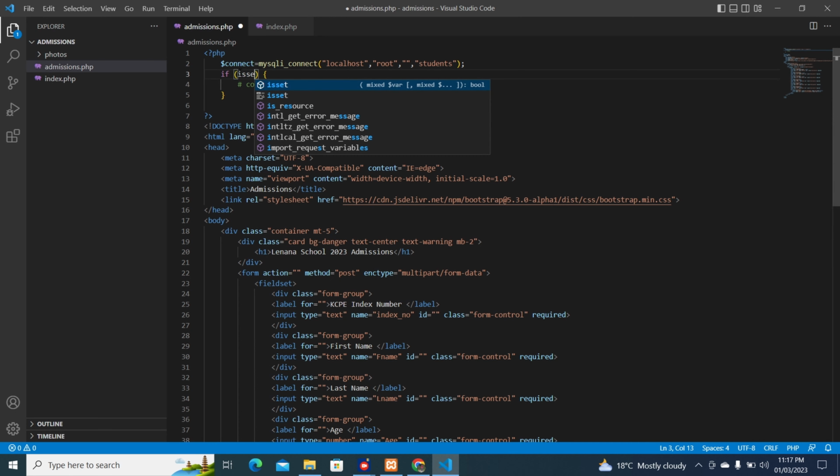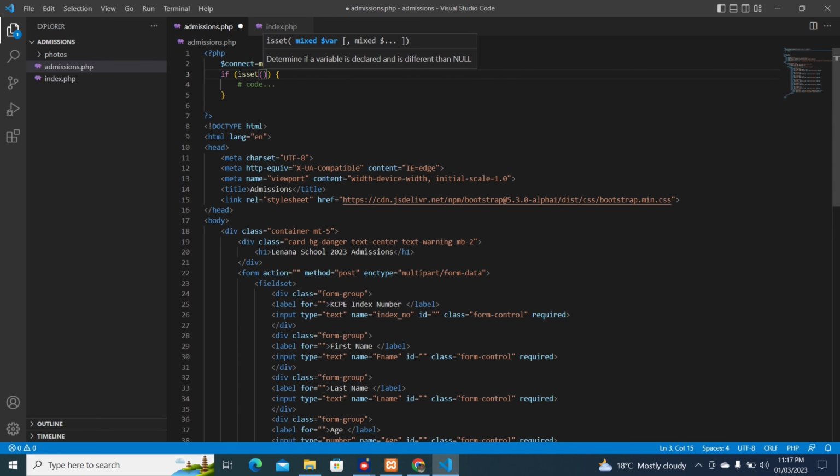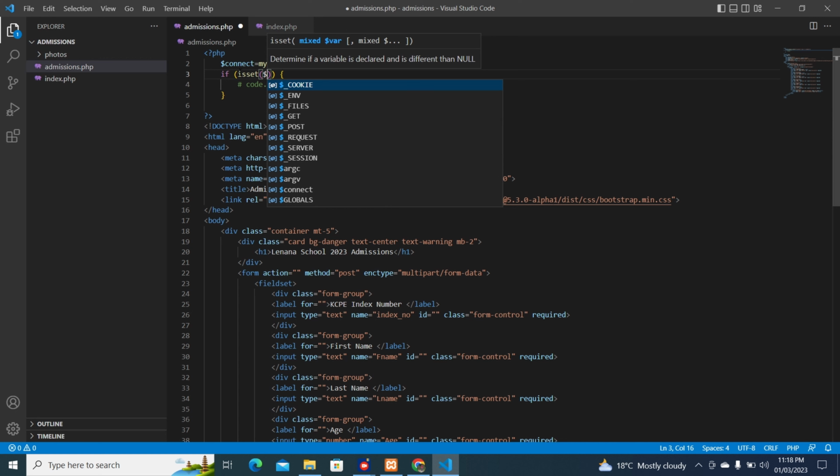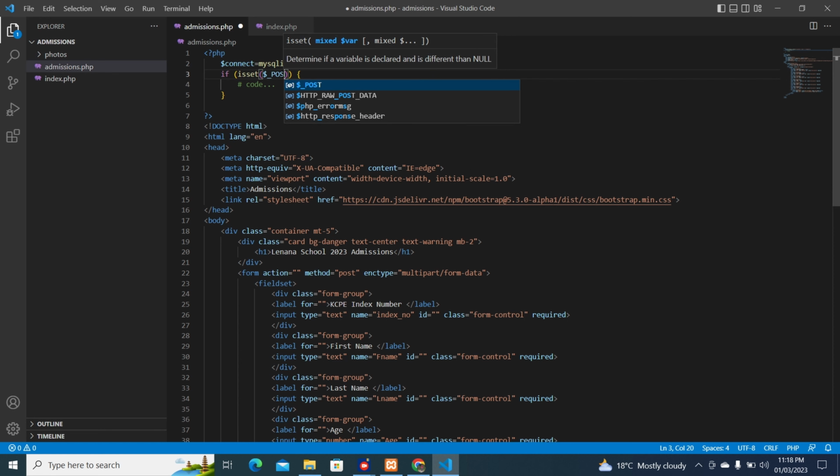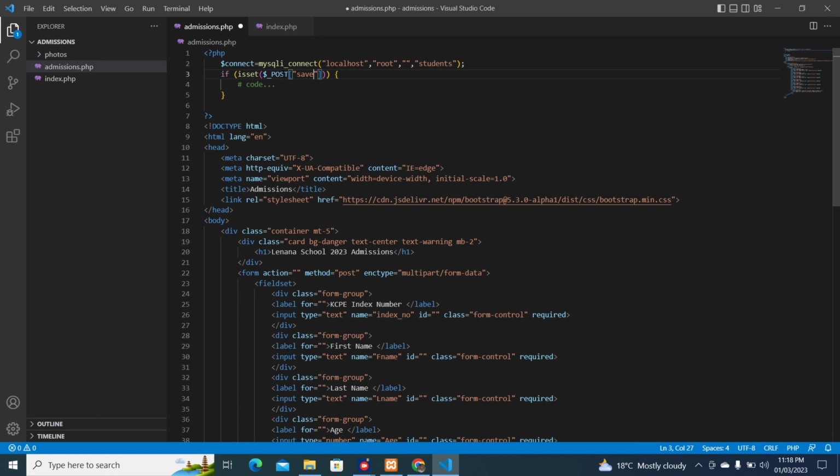So if isset, then we'll use the method of the form which is called post, and therefore you're going to check it using the global variable $_POST, and then the name of the button which is called save. So if it's clicked, then we can echo the message